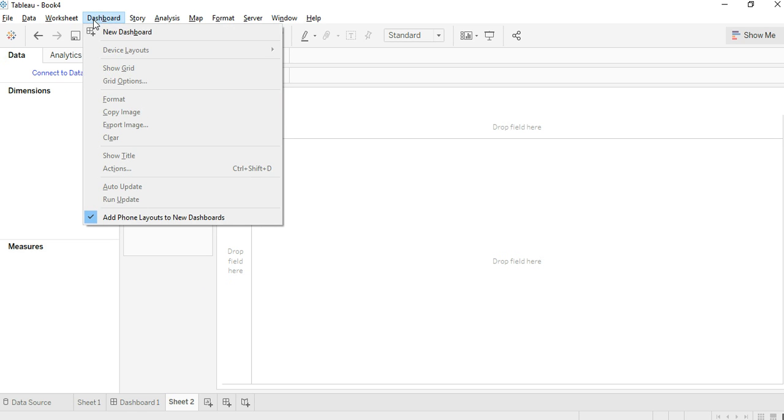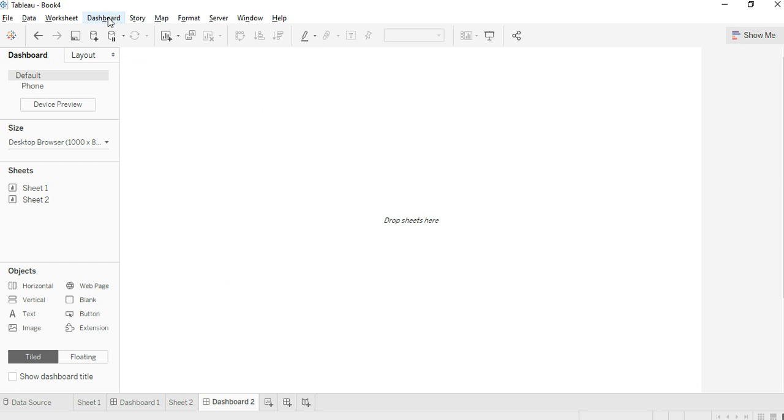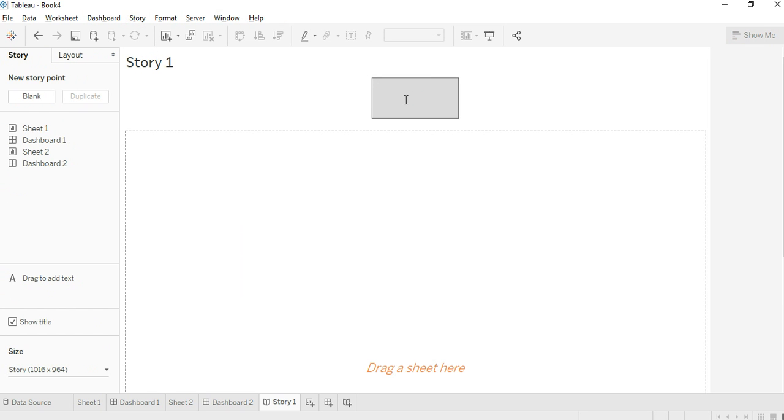Dashboard holds one or more sheets with information. So when you click on dashboard, let's see, open dashboard 2 here. I will tell you what the layout is, what the objects are, what the size is, what your default size is and what your font size is. I will discuss that later. Story, you can add a caption and